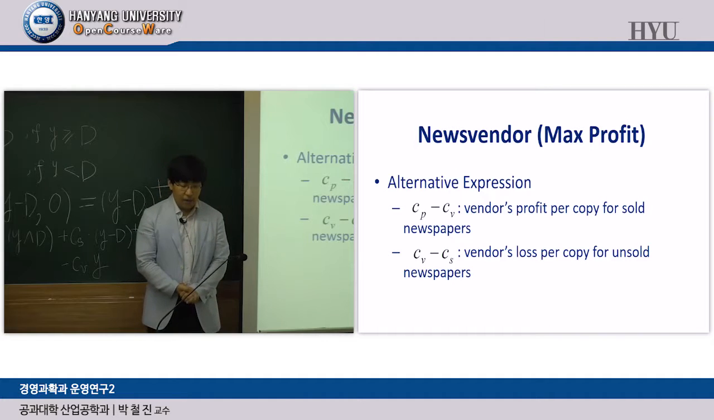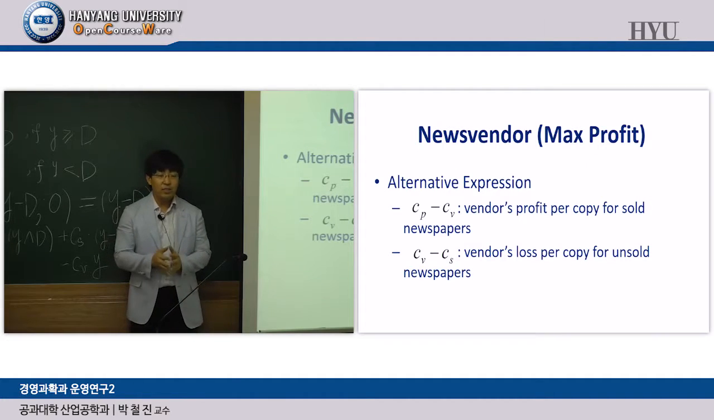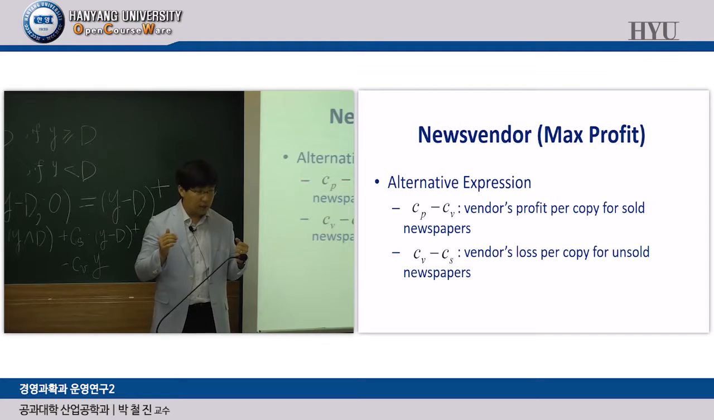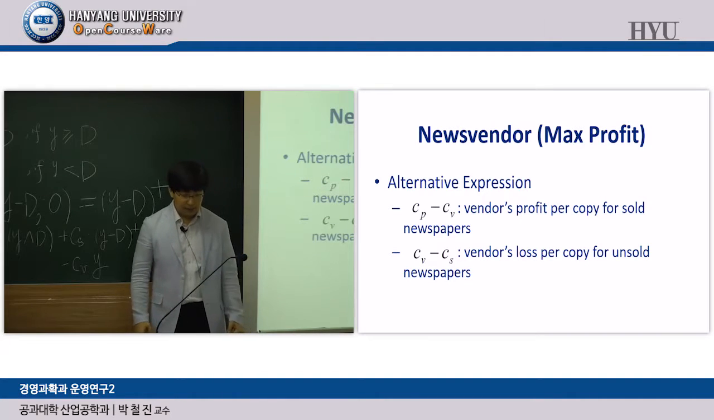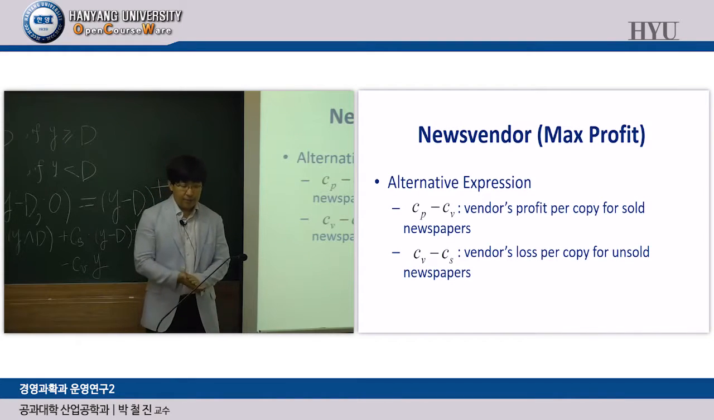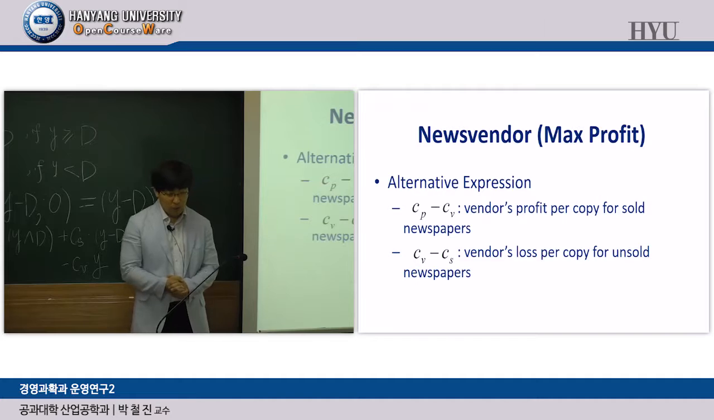We can think about this problem with a different point of view. Just think about this problem from a vendor's point of view. Our case, just our case. Then profit is actually based on C sub P minus C sub V dollar per unit. Every time we